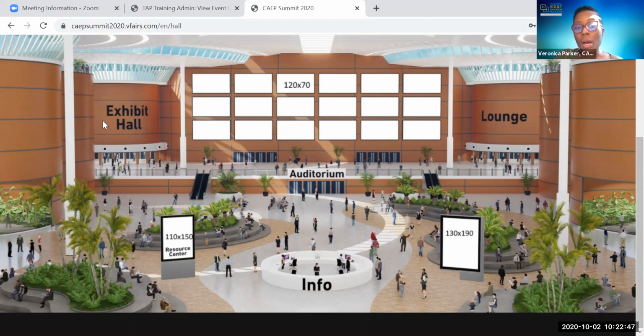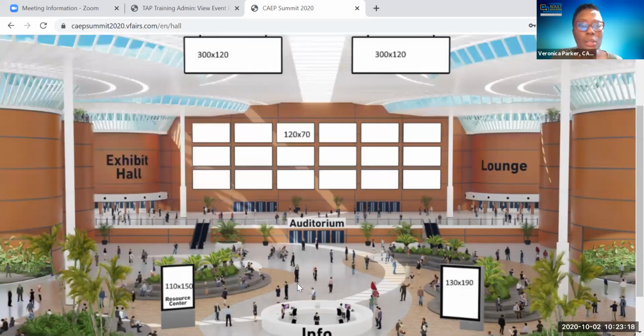The exhibit hall is where all of your booths will be located. The auditorium is where everyone will go to access the sessions, and the lounge is for networking. The resources and information areas are for if people have questions or need assistance for whatever reason, and we need to put them in contact with technical support, etc. They'll go there, and just for general information for the conference. So the exhibit hall,